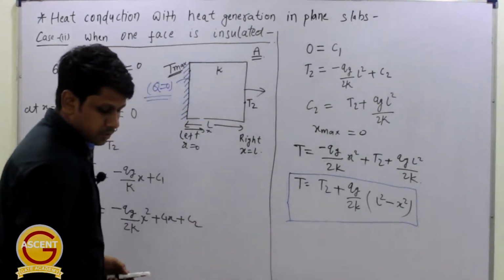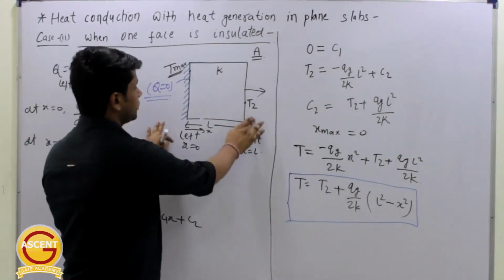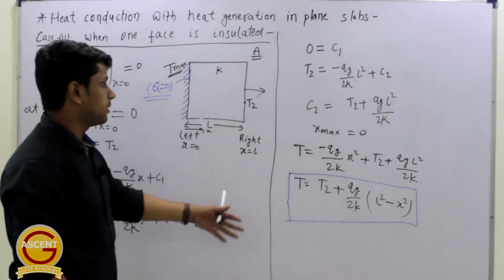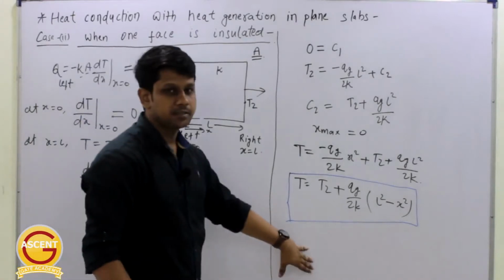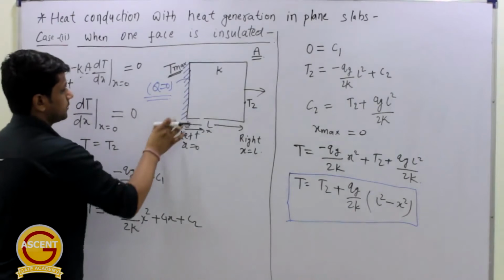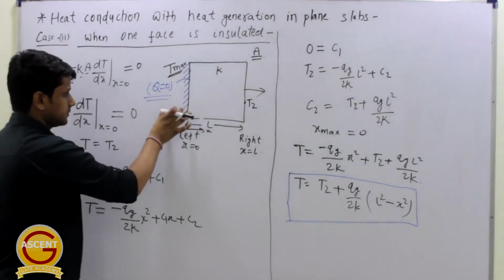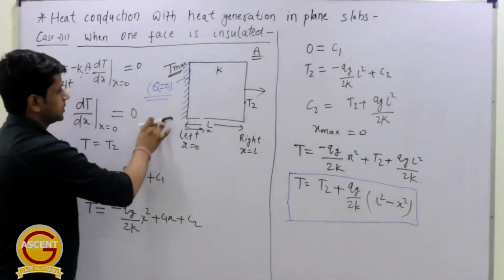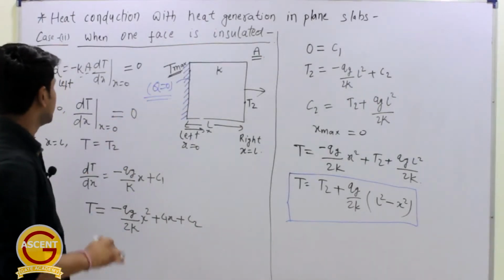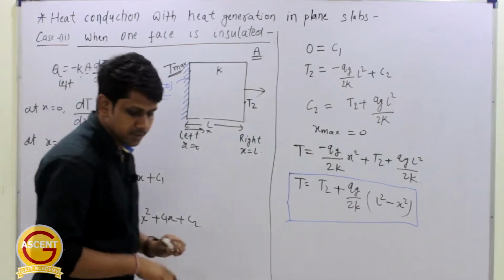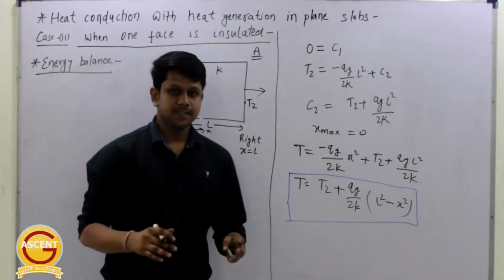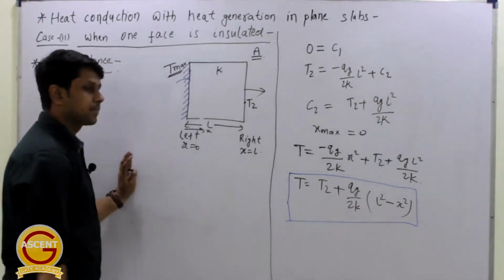Okay, so the important points are just the physical intuitions that we are making in this case. The other things, just by putting the boundary conditions you can get the equations, but the most important thing that you have to understand is that if there is insulation in this face, the left face, the dT by dx will be 0 there and temperature will be maximum. These are the most important points in this question. Now we will see the energy balance for this third case.